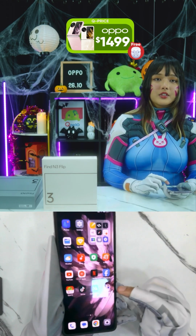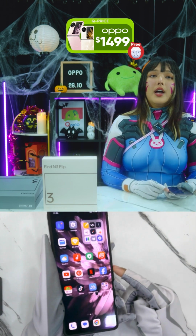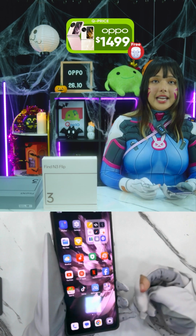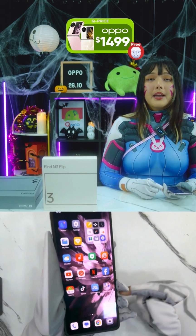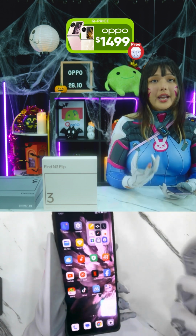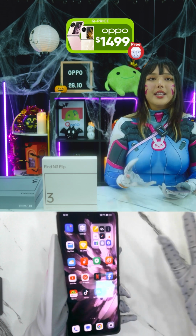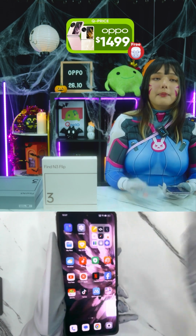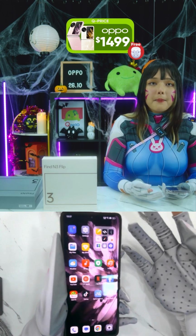Okay, so let's talk about the chips all the way down. So this uses a MediaTek Dimensity 9200, different from the N2 Flip. And this has an octa-core or 8-core CPU, so it's very, very fast. If you need to play games or anything, this can definitely do it, plus the 12 gigs of RAM as well. And its GPU is an ARM Immortalis